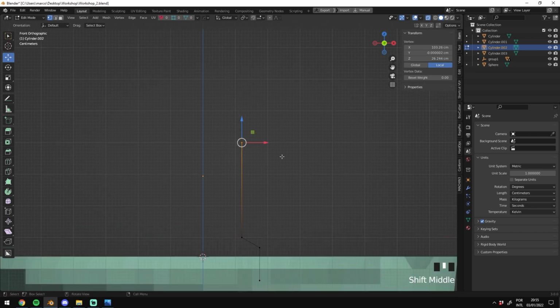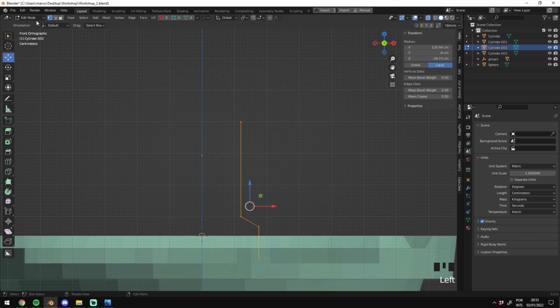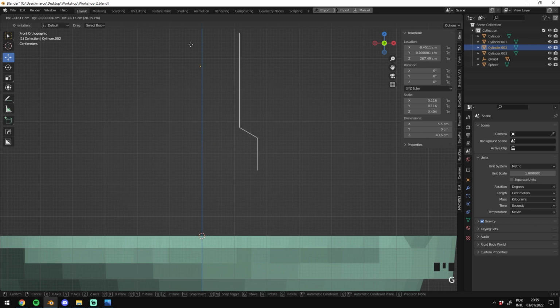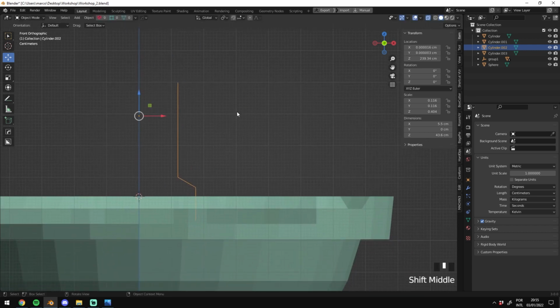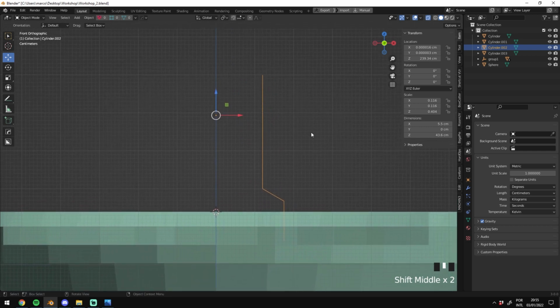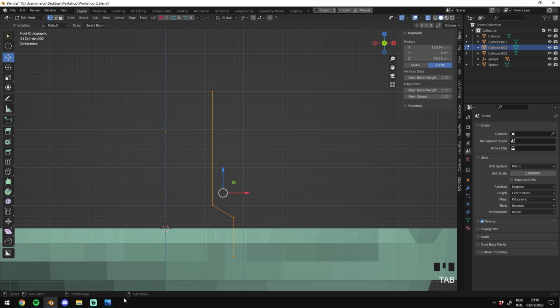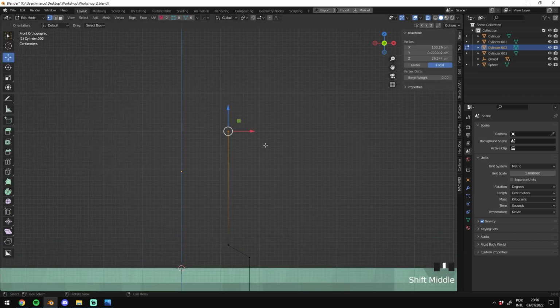Okay, and extrude, let me see again. As you can see, I always move my vertex in edit mode. Don't move in object mode, because there will be some problems that I can talk about in the next class, about this little orange dot. But if you have a problem doing this, you can reach me out here in private. I will help you. Okay, so I will extrude again to create